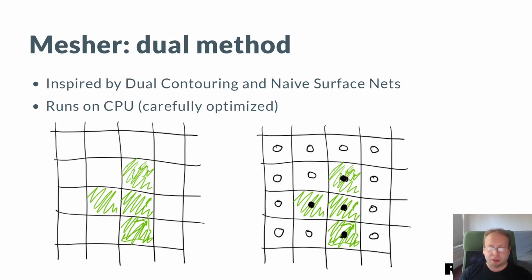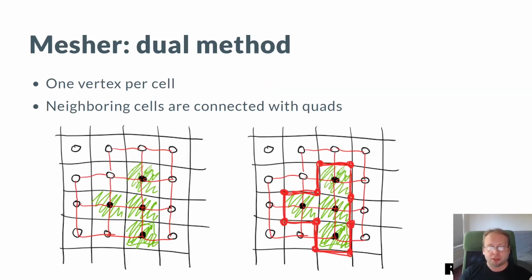Here's in broad strokes how the algorithm works. I mentioned that there are 4 grass voxels and everything around this is air. Then we mark every grass voxel as solid with a black dot and every air voxel as empty with a white dot. Then we connect dots together, and then for every cell that has some of the colors different between the corners, this is a 2D picture. Of course, the actual implementation is using 3D, and so there's 8 corners of a cell. But here, if it's not all black or all white, then the cell is active.